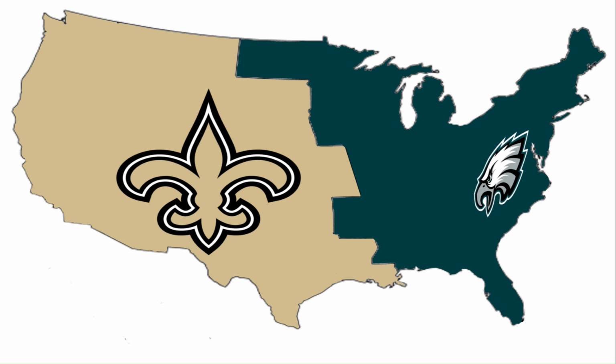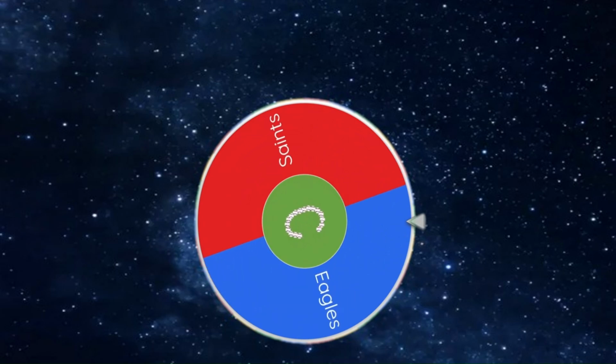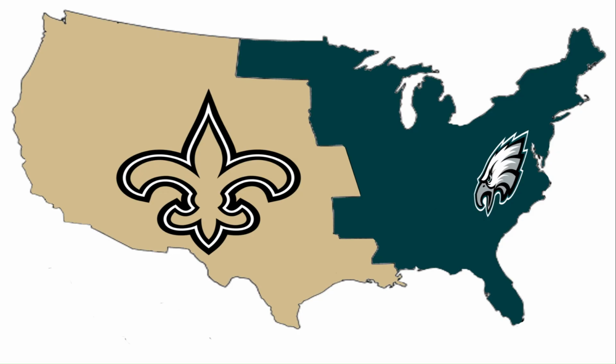We're going to spin this wheel and find out where this game is going to be played. And this spin is just going to land short of the Saints, staying with the Eagles. So the Saints are going to host this game. They've hosted their two previous Imperialism title game appearances and lost them both, while the Eagles went on the road and won theirs. The 2002 Imperialism Championship game is now.